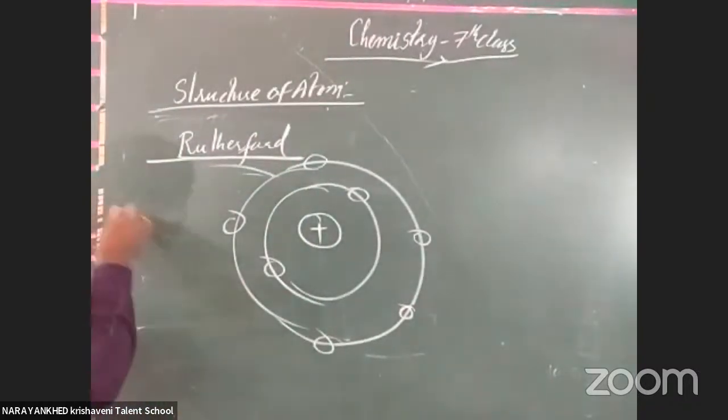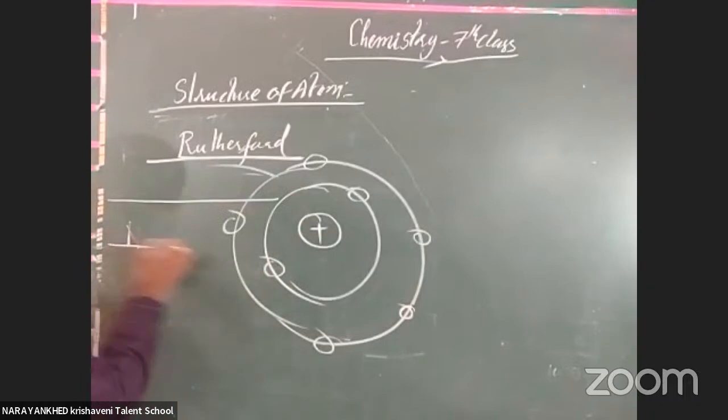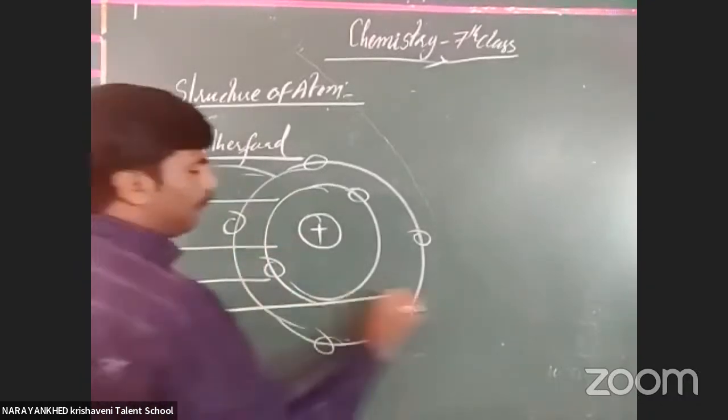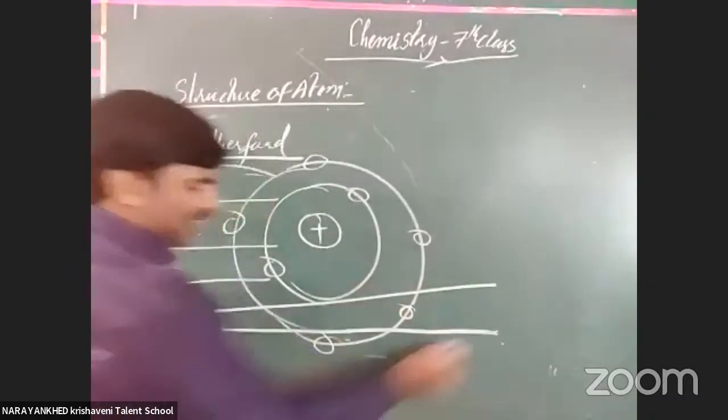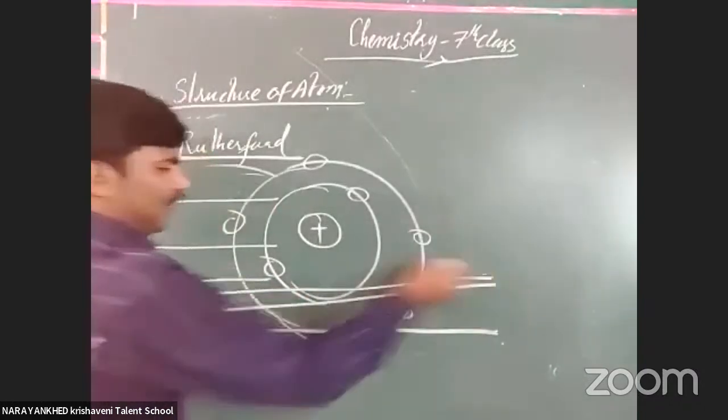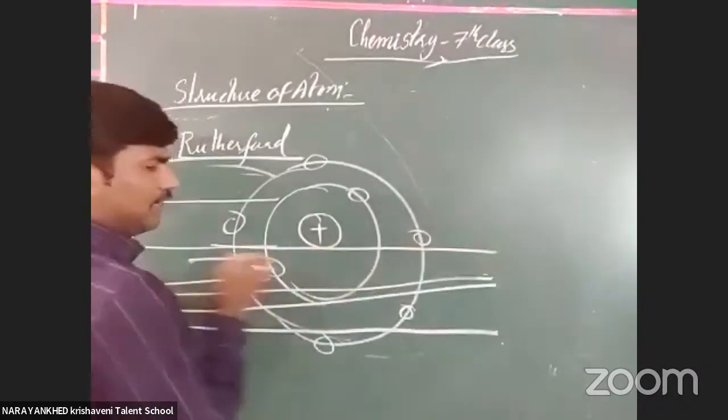Yeah, what is going on? Alpha rays are sent onto it. Yes, most of the alpha rays penetrate like this. Why? Because there is nothing there, no? Anything will be there here. That's why they penetrated like this.